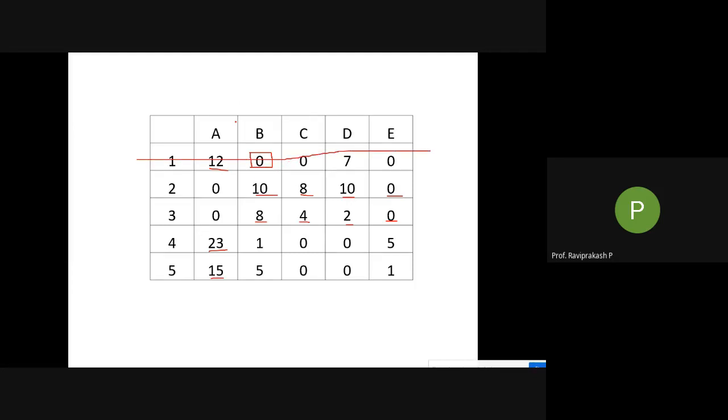Why? Because we are going column wise, we need to cancel the row. Okay, now coming here, 2 zeros, 2 zeros, I am having 2 zeros again. So what to do now? So row wise also we couldn't complete because 2 zeros are there. Column wise also there was only 1 zero and we did it.